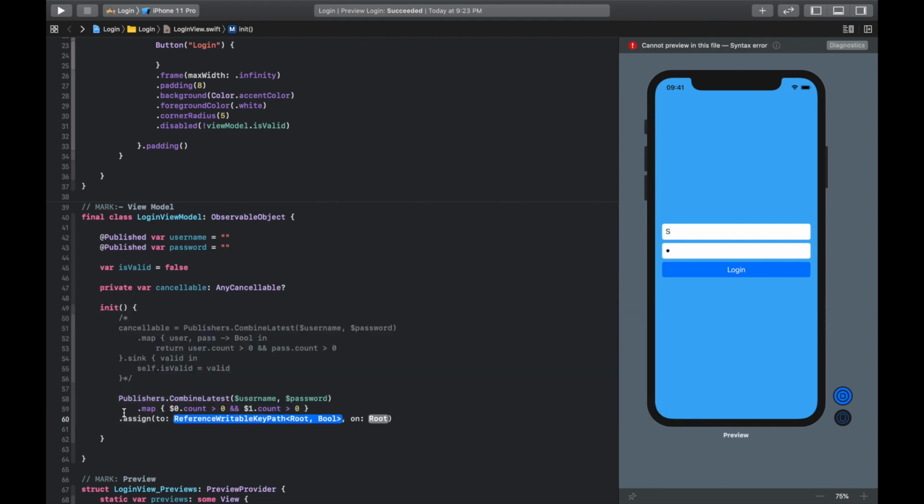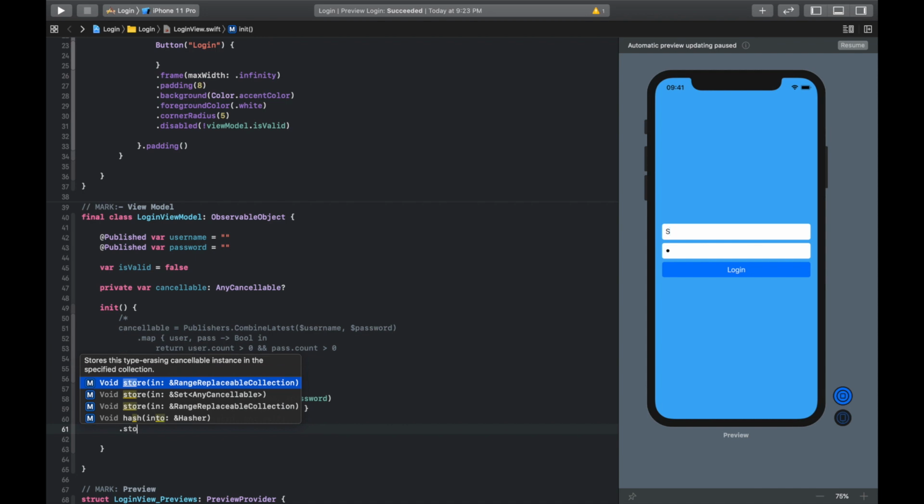So there is a function assign, which is a key path function, so you can directly use that function. You just need to provide the variable and the root. So we are going to assign this boolean value to our isValid variable on self, and now the output of this function, which initially we stored in anyCancellable, there is a function store.